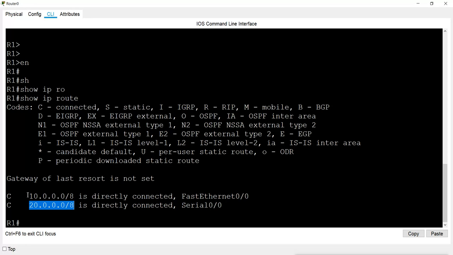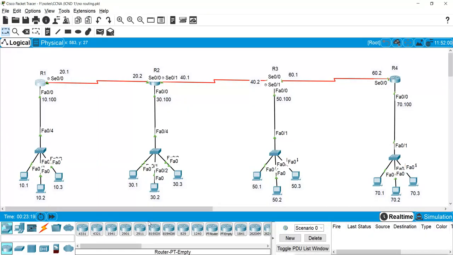So it only knows these two networks, and that is what C means. C means it is directly connected. So it does not know anything about other networks. The other networks which we have here are network 30, network 40, network 50, network 60, network 70. It does not know anything about these networks.